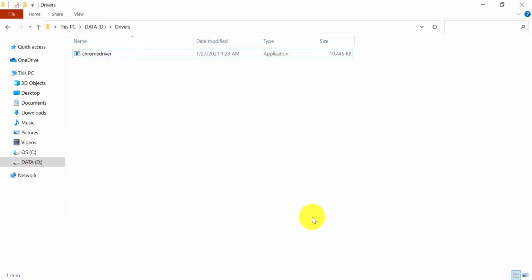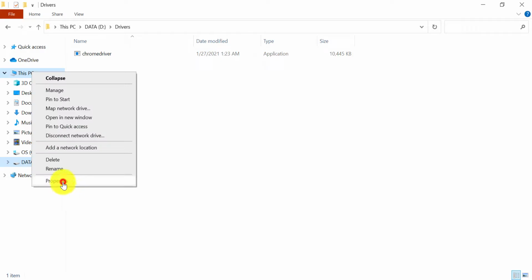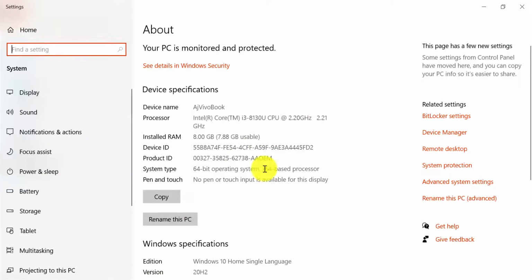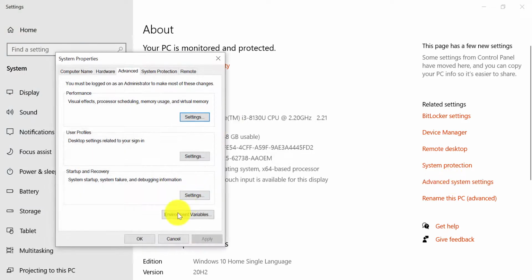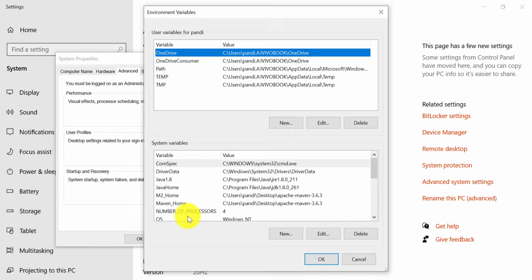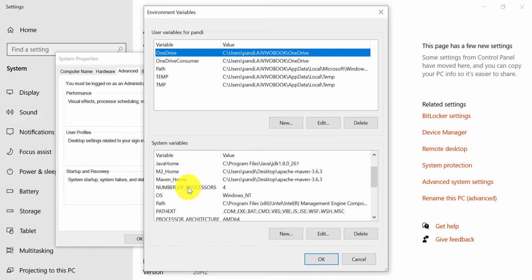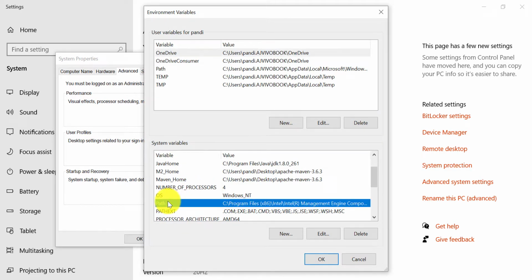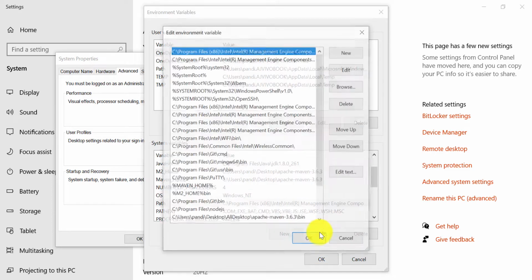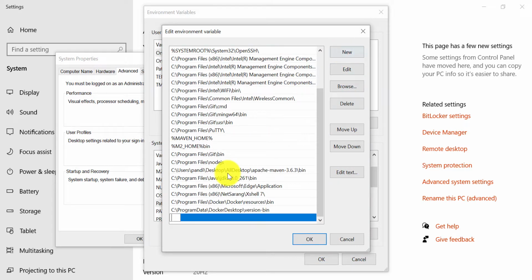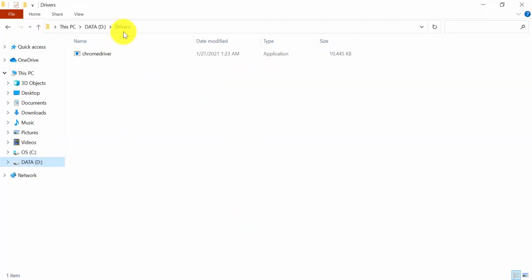For that purpose you can go to This PC, go to properties, go to advanced system settings, go to advanced and click on environmental variables, and here you will find path. This is the system variable. So click on edit, click on new, and here just add the path where your driver executable is available. So it is available in the driver folder. So you can copy this,